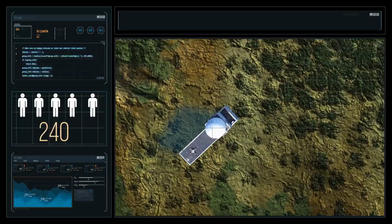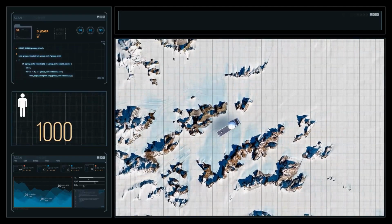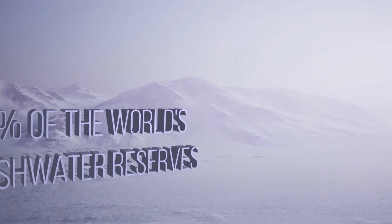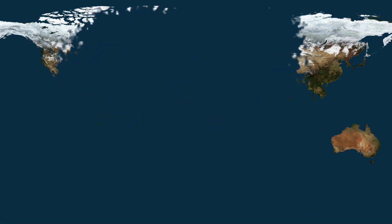Around 5,000 people reside on the continent during summer at research stations. But when winter comes, the number naturally drops down to 1,000. Antarctica's ice blanket makes up 70% of the world's freshwater reserves. Imagine what would happen if it melted. The global sea levels would be raised by almost 200